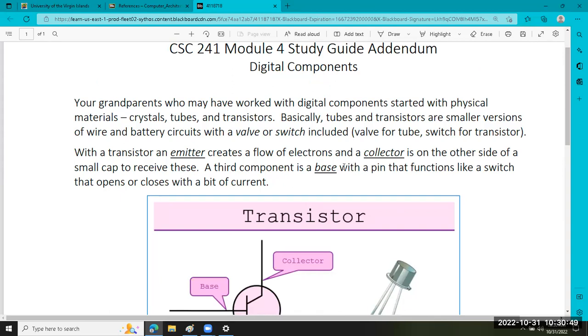So when you're talking about the actual digital components, the physical components themselves, and again, this is the module 4 stuff, when we're talking about DFFs, digital flip-flops, and system clocks, and memory registers, right? The transistors. Originally, your great-grandparents used tubes, vacuum tubes, and they functioned like a valve you could cut on or off. By the time they realized, oh, that's a lot of glass, that's a lot of weird stuff,